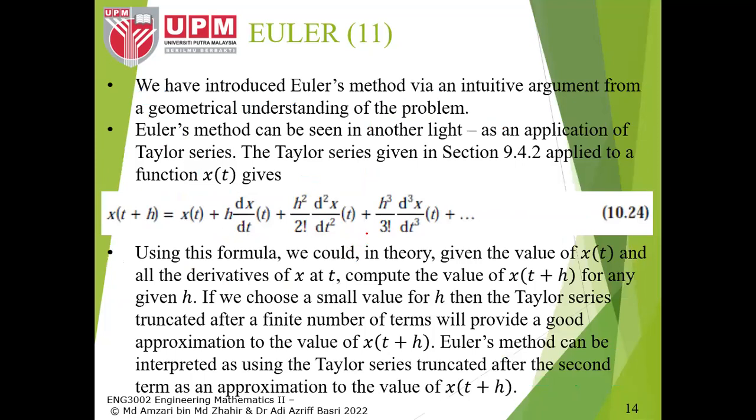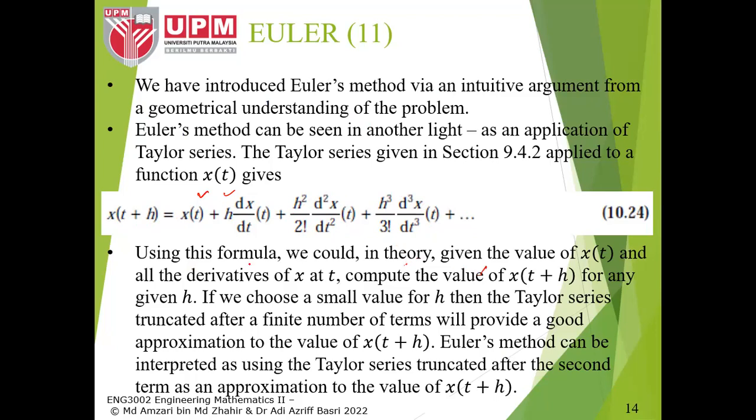Okay, so we have introduced the Euler method via an argument from a geometrical understanding of our problems. The Euler method can be seen as an application of the Taylor series. Okay, the Taylor series given in section 9.4.2 based on the figure. So this is the Taylor series of x(t plus h) equal to x(t), the first function, plus h, the time step size, times dx over dt, plus h squared over 2 factorial times d squared x over dt squared, plus h cubed over 3 factorial times the third derivative, and the rest. So by using this formula,